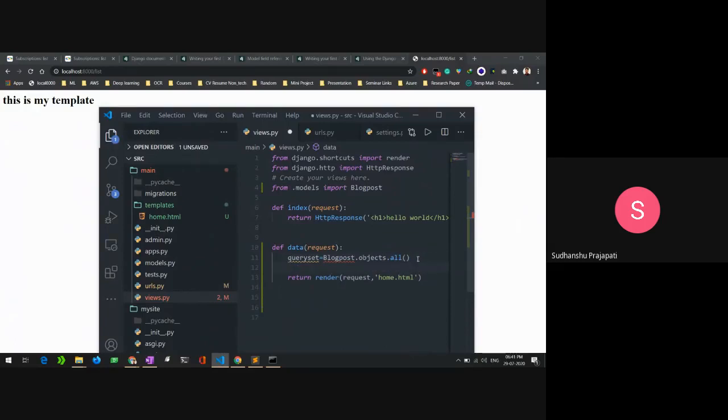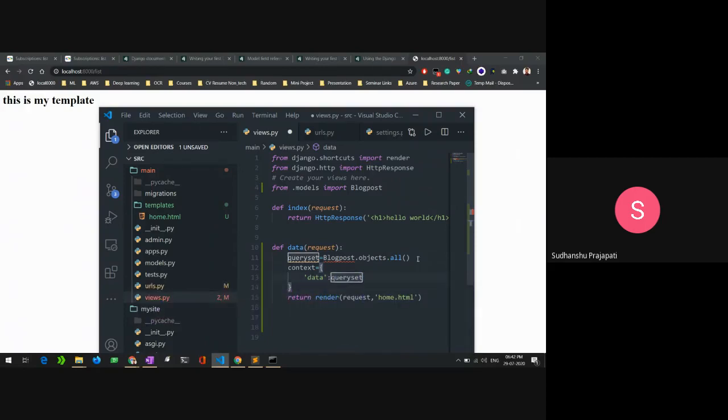To pass that data, I will create a dictionary named context and give it a name that I will use in the home.html, that is data, and I will pass my query set list to the variable name data inside the dictionary.